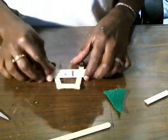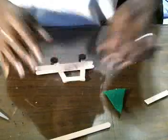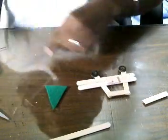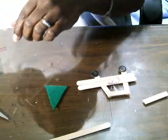So, once you get your door in place, turn this camera a little bit. There's our door. And if you want to paint it, you can. Now, for your Christmas tree, you're going to take your felt, like I mentioned, cut it in a triangle. And you're going to take